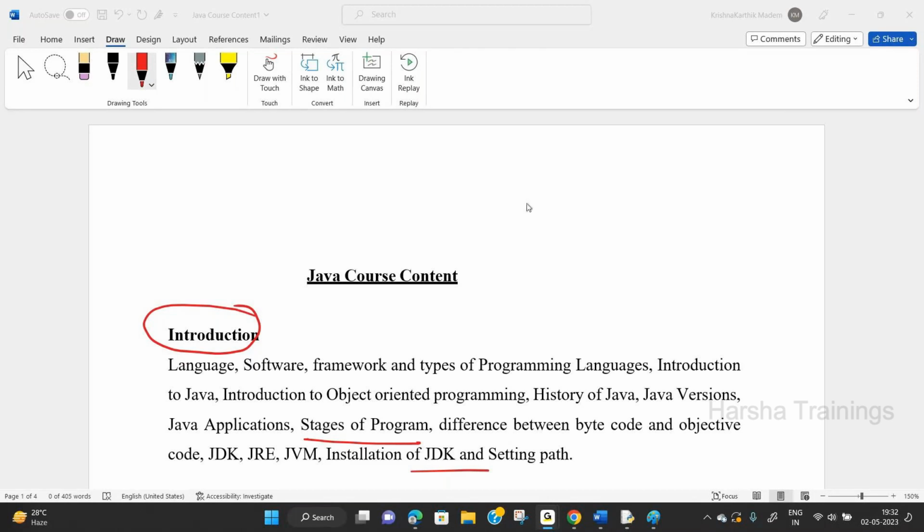Generally, most of the students are from a non-IT background. If IT background, it means they already learned at least one language, C, C++, etc. The general prerequisite is any one programming language, whether it is C or C++, whatever it is. But remember, here we are starting from scratch. Even though you don't know anything, blindly follow me. No problem.